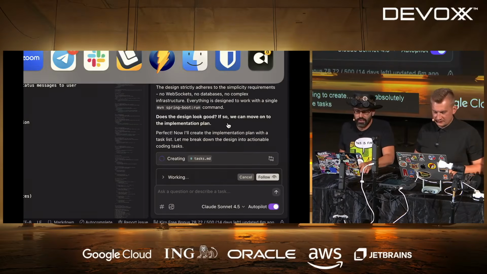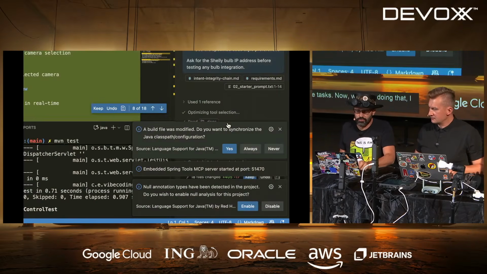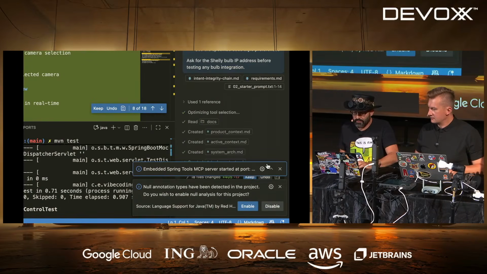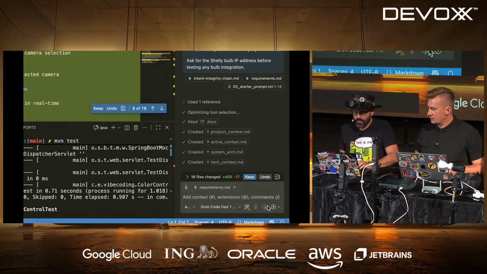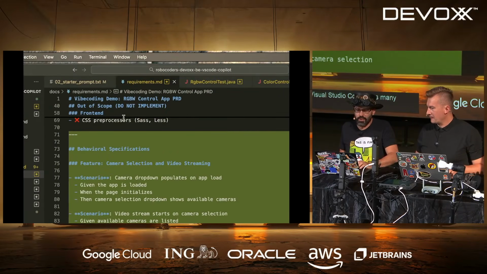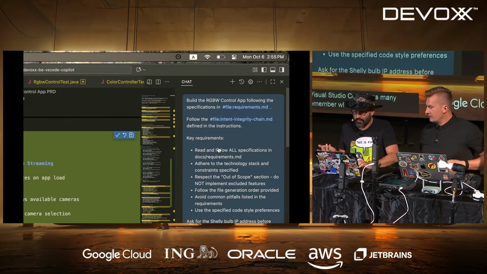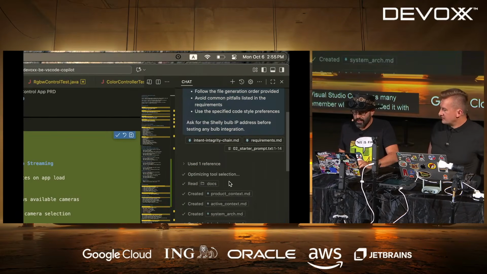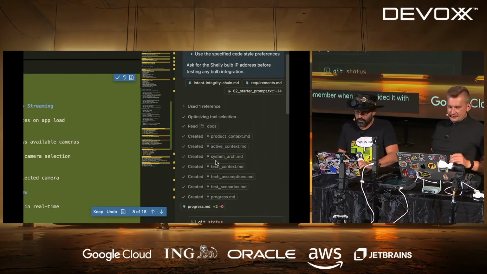Now, while it's doing that, I want to go back to our friend Visual Studio Code. Visual Studio Code does many things now. You remember when we provided it with our prompt, and we let it work. We let it rip.